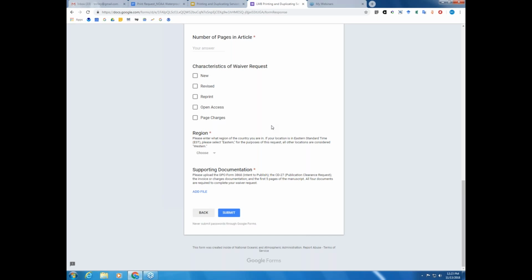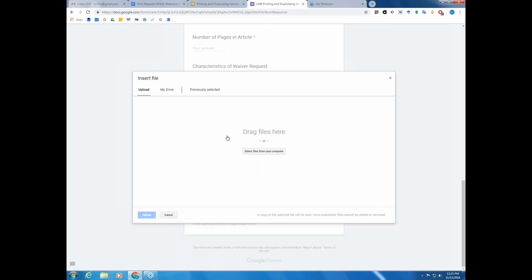as well as I would need to submit to them those forms. Correct or no? Correct. So the form allows, she's asking about submitting the forms with the request. So the Google form allows you to submit all of the required documents within the form itself. So here you can see you can add files to your request. So you would just upload your CD27, your 3868, your manuscript, and your invoice, or your contract, for example, here. And then if there's no gap in your paperwork and there's no follow-up needed, within that 24 hours, you're just going to get your signed waiver back. They might communicate with you a little bit if there's some clarification needed, but if you submit everything here, it's